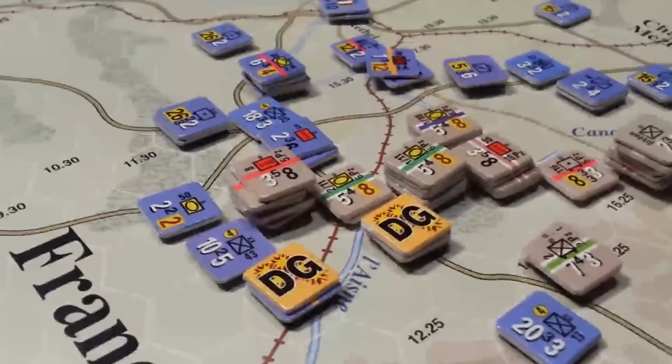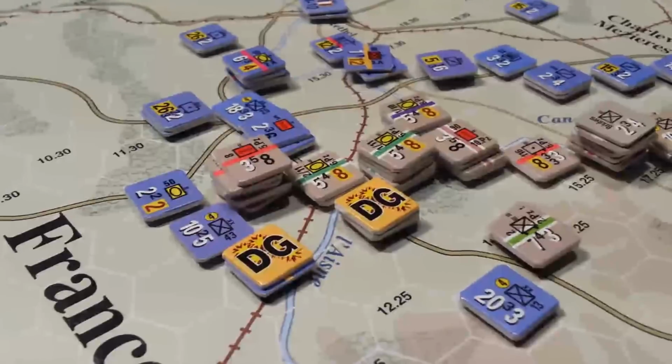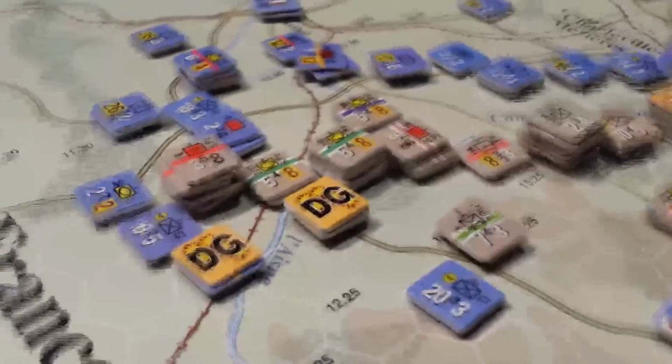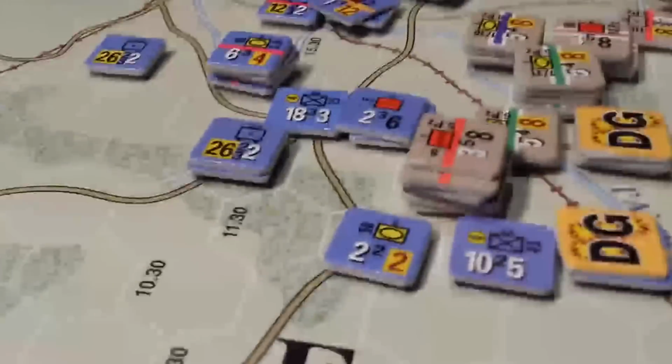I decided to pull back across the canal in one location and reinforce these panzer groups with some infantry that would be able to absorb some losses. The loss last turn of these 2 units, and another guy here I lost as well, kind of concerned me a little bit. I'm not frightened yet, but these